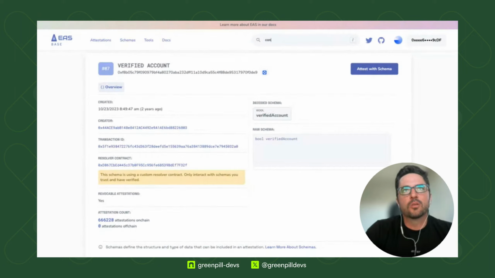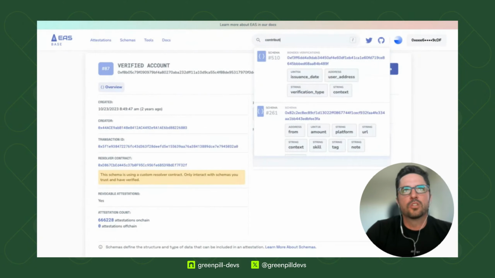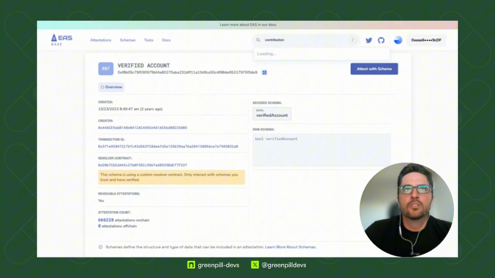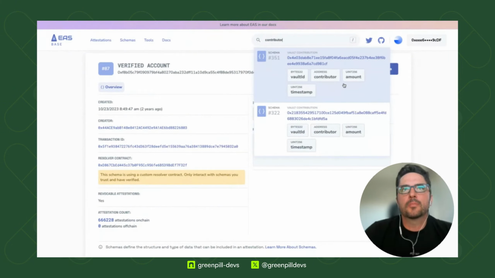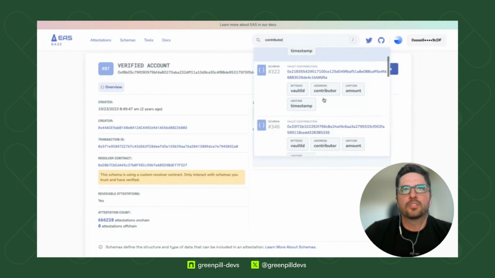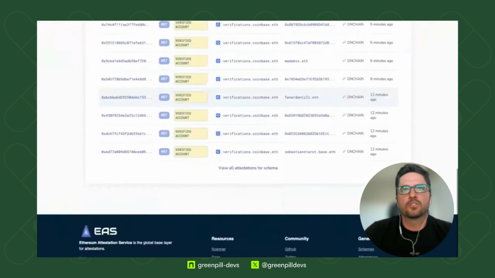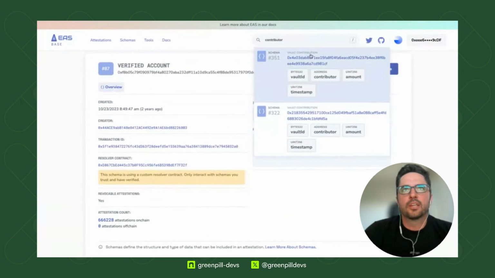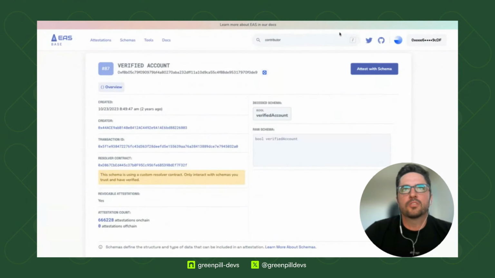So I was actually looking before during the call to see if there was a schema for contribution, just being able to attest to someone as a contribution or a contributor. There are some in here, and I could go in to see, okay, there's a vault ID, a contributor amount, timestamp. There are all these ones, but I just want something simple. I just want to say that someone's a contributor, true or false.